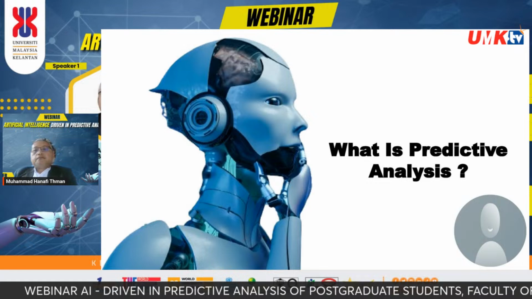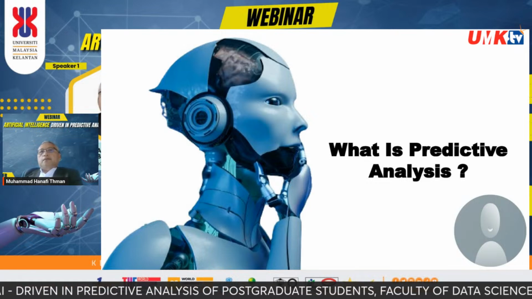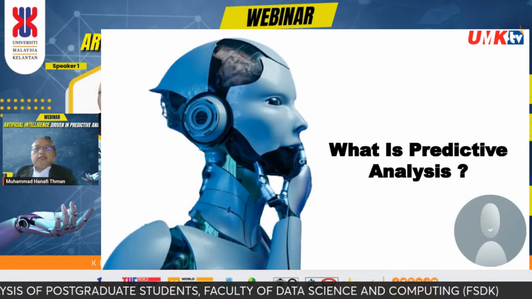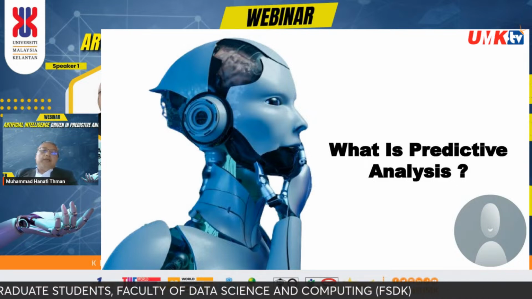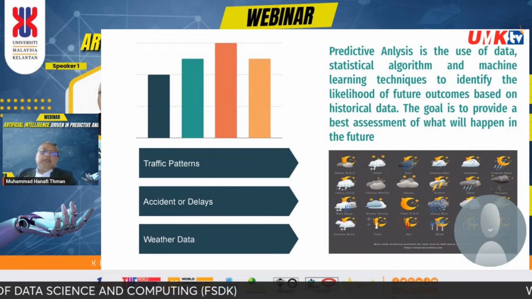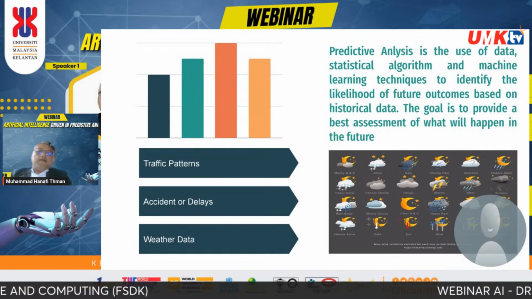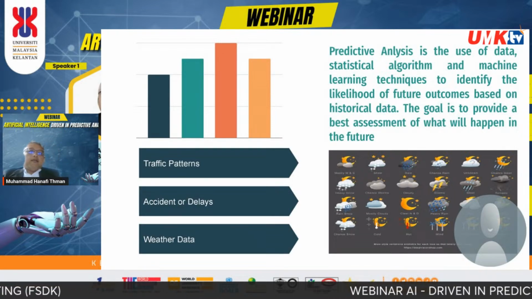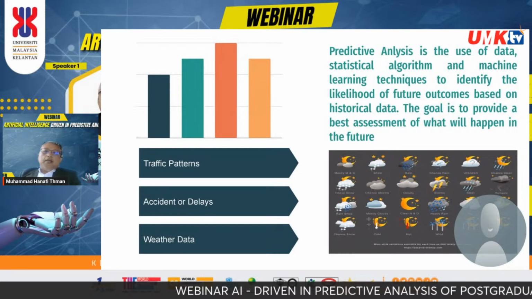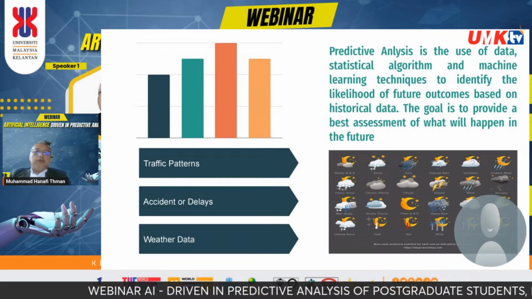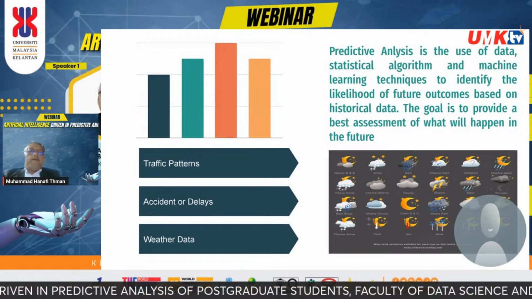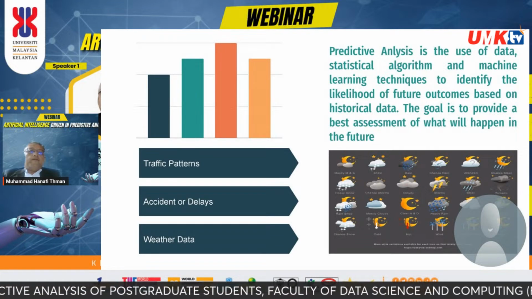Actually, that's for the example. Actually, for the scientific term, predictive analysis is the use of data or statistical algorithms and machine learning techniques to identify the likelihood of future events and